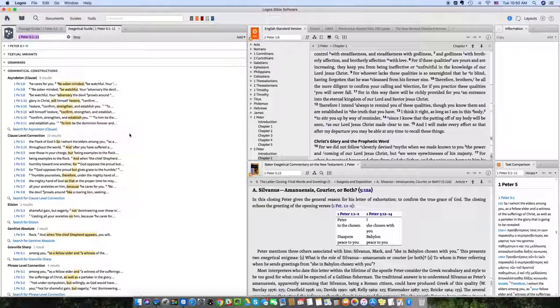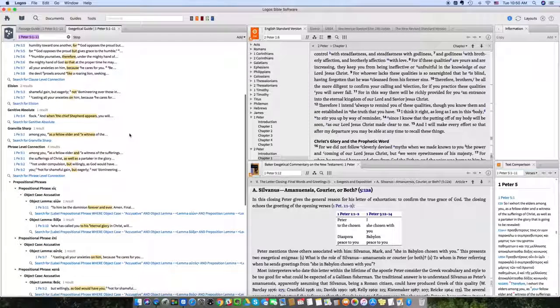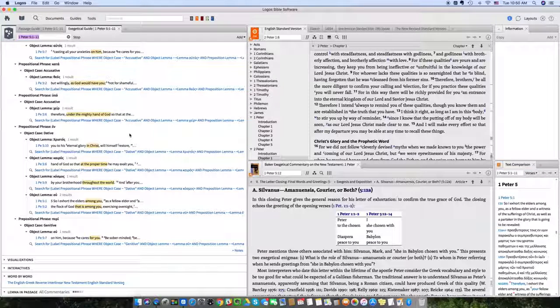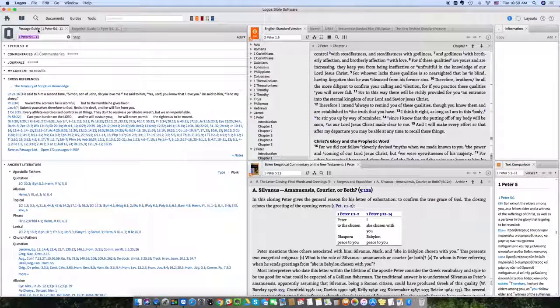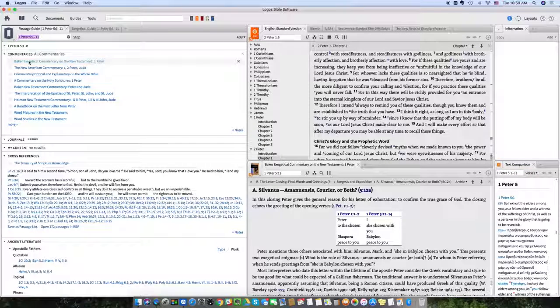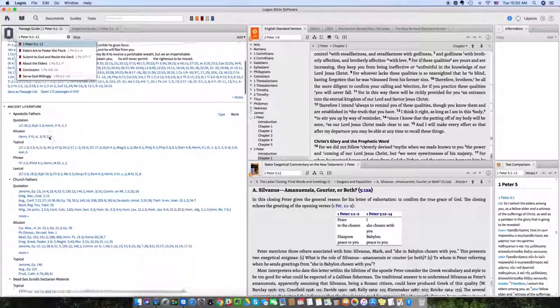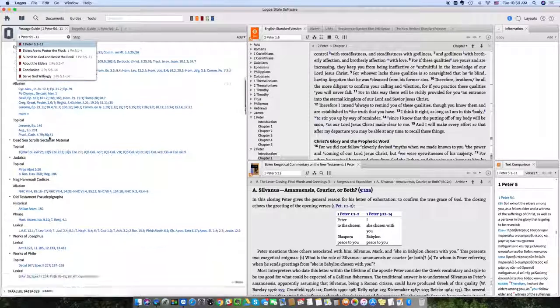In reality, the exegetical guide is for those who are going to do a great deal of research within the Greek, Hebrew, wherever they're at. It just goes even more in depth into the text and so forth. The passage guide is probably where you're going to be the most. It will begin to list all the different commentaries that you have that have this section here, cross references in the Bible, also different ancient literature if you have that,